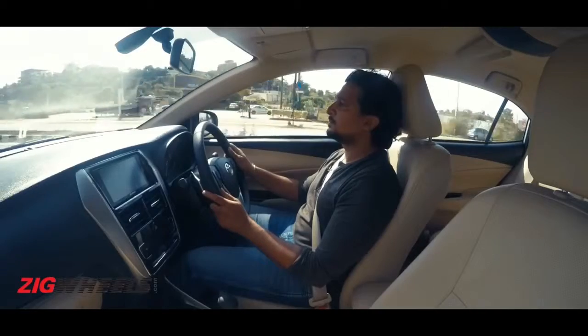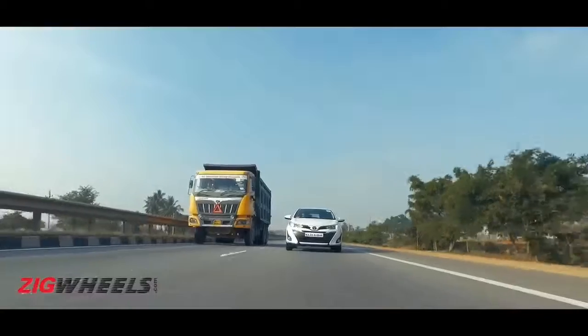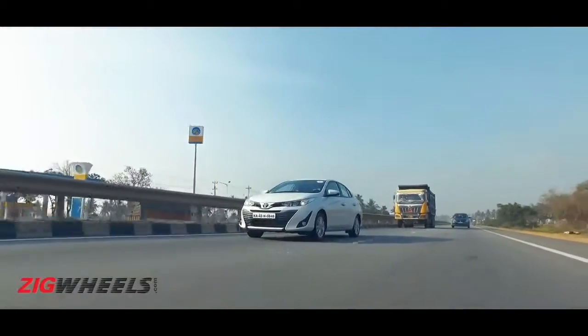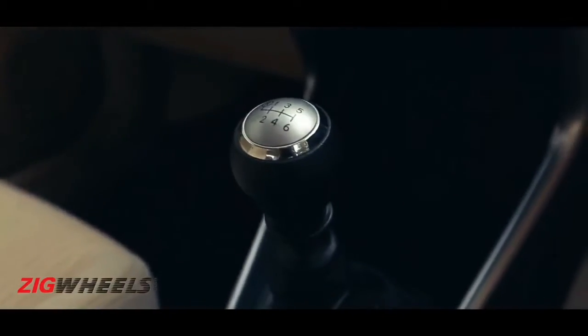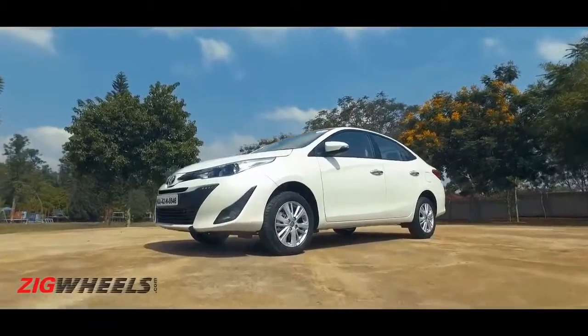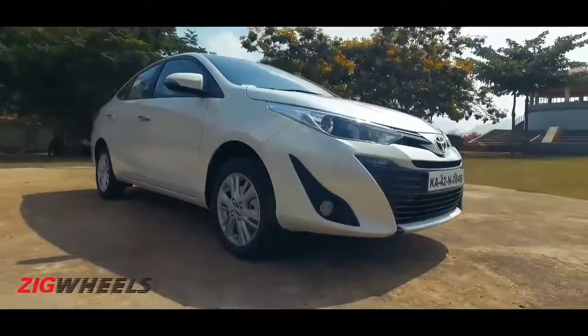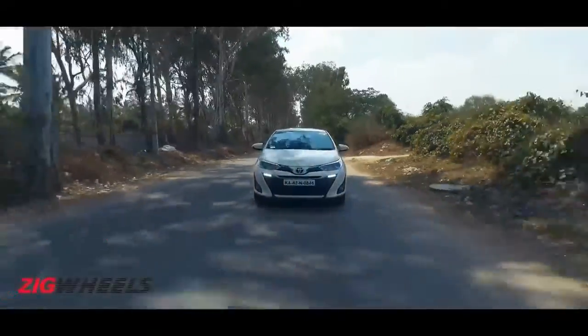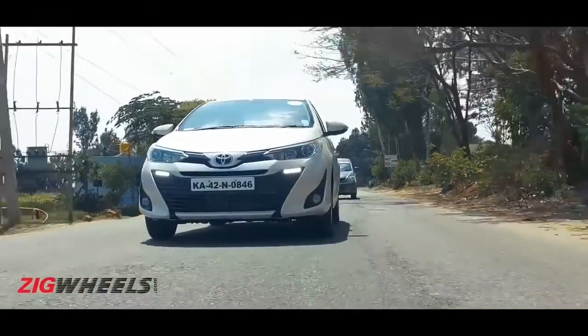Well, we drove it briefly and it proved to be very capable. That is, drivable at low speeds and responsive when you really revved it. The gear shifts were fun. Basically, this felt like a Toyota that was fun. Yes! Okay, but we won't call it exciting. And on that note,